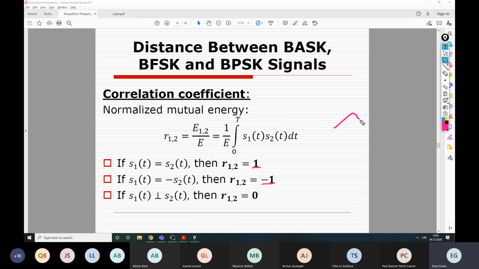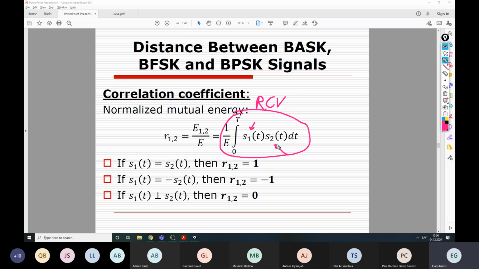For example, if we compare this signal and this signal, that would give us -1. And it is 0 when we compare entirely different signals, which have nothing in common. I'm not sure that it would actually be the case, but let's assume that these two signals have 0 correlation, right? So what we need to do is to calculate this correlation integral between received signals